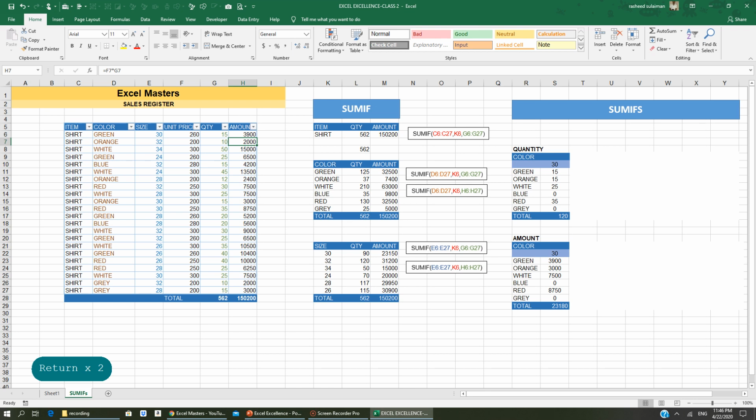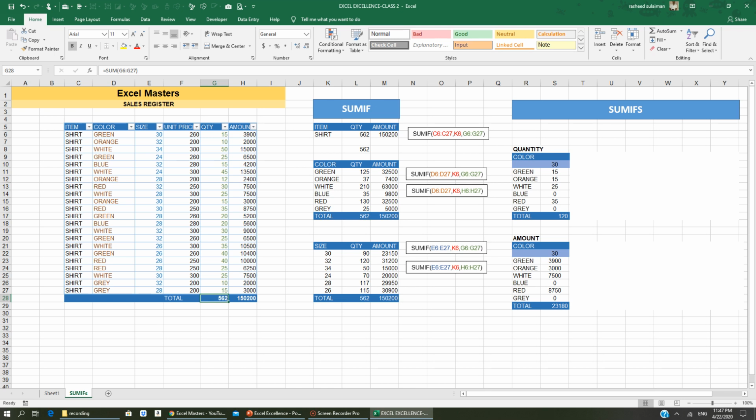Now we can simply say that they sold some shirts, and if they want to find out how many shirts they sold in the last month or so, they prepare the sales register, entering the quantity and amount for the first day, second day, and so on. This is the ledger they maintain. Now we want the total quantity they sold in the period and the amount they got by selling these. It is very easy: it is 562 shirts they sold,